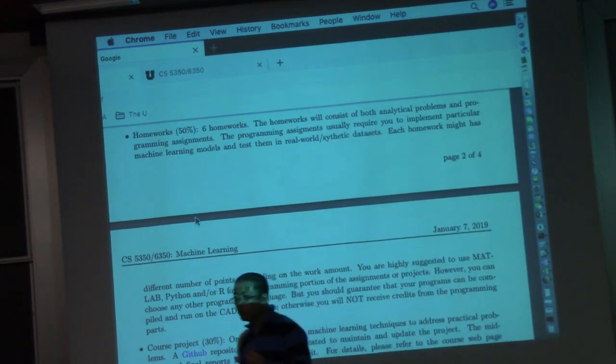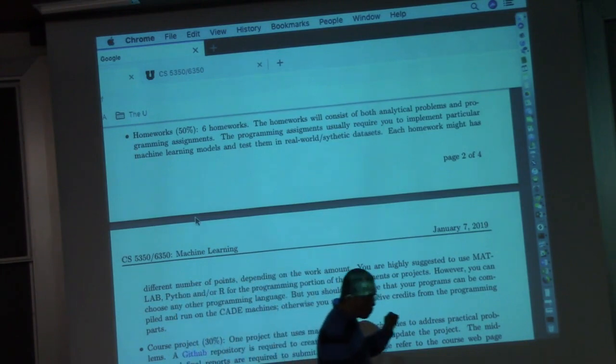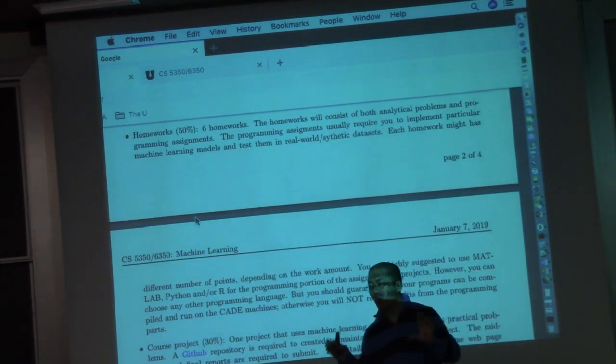Are we not to use random libraries, or do you want us to hand code? You need to implement the main algorithm steps by yourself. Of course, you can call some numerical libraries doing matrix multiplication, matrix inverse. That's not necessary to implement by hand. But we cannot ask you to implement, say, naive Bayes, and I know there is a library that provides a one-line function call for naive Bayes. That's not allowed.